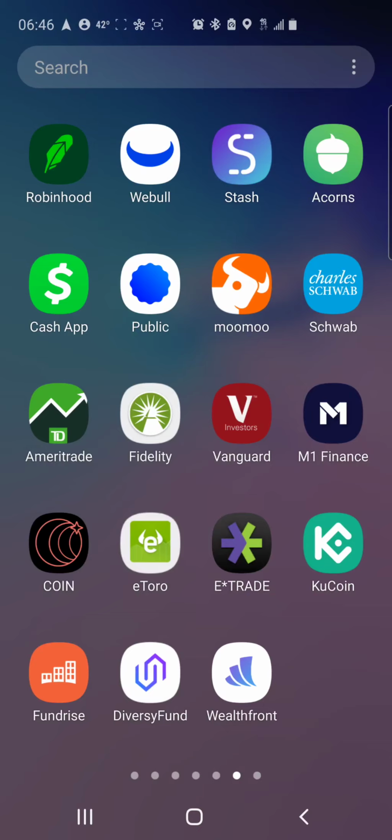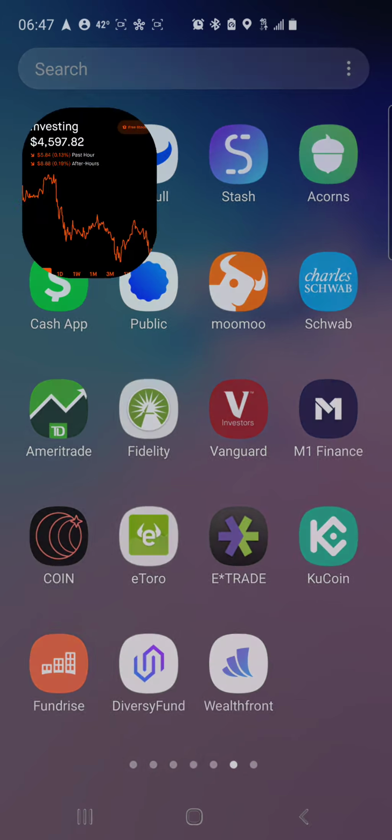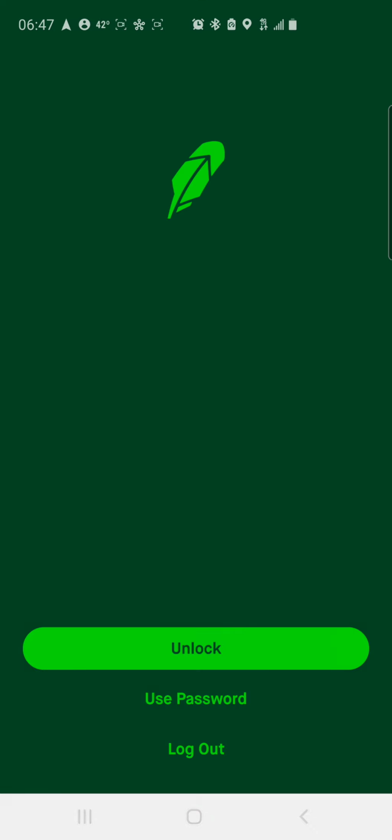Today will be my first upload, so I will briefly explain my investing strategy and basically take you guys through my journey. We'll start off by just breezing through some of these brokerages that I have that correlate with my house money portfolio. And basically what I do is I'll deploy money into the market